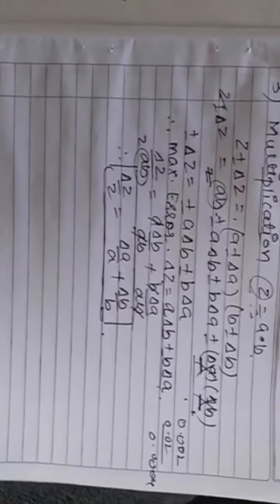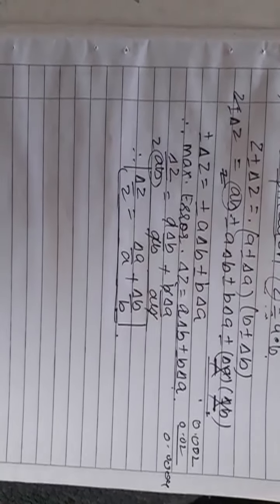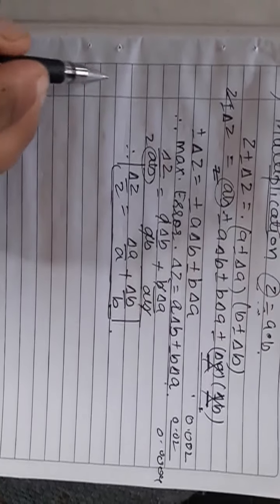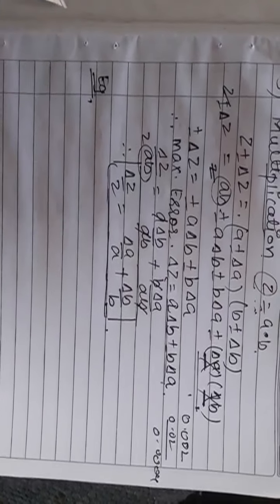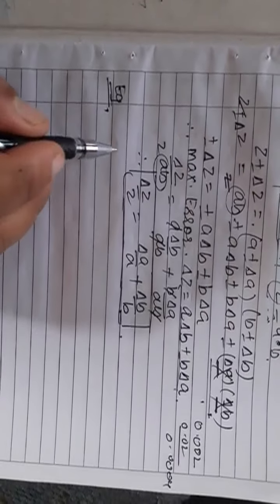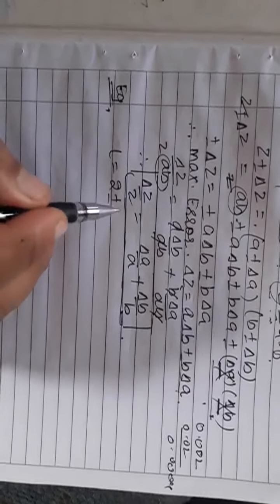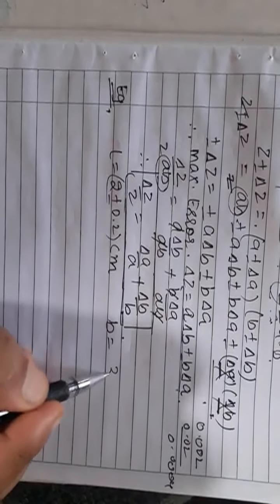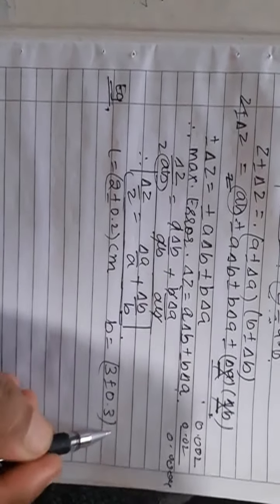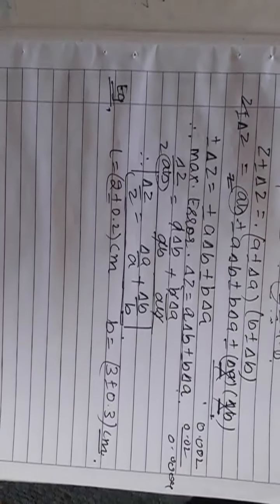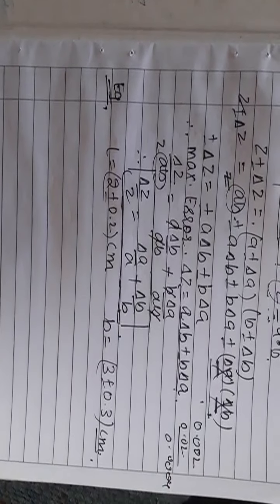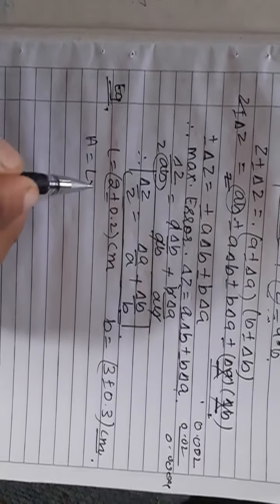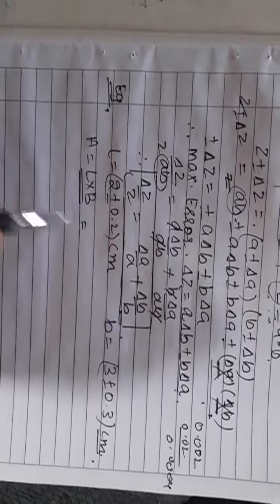So when two quantities multiply each other, your errors will not multiply. In that case, you will write the relative error. Let us solve a question with an example so that the concept is clear. Let us suppose the length of a rectangle is given by 2 plus minus 0.2 centimeter and breadth is given by 3 plus minus 0.3 centimeter. I am taking a simple one. I want to find its error in area. Now I know that in the case of a rectangle, area is length into breadth.